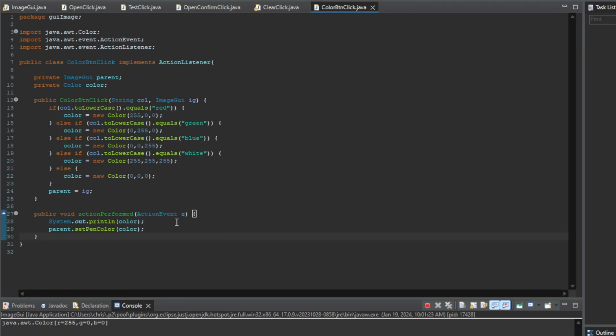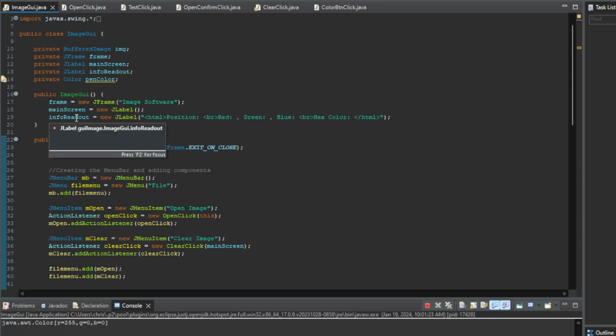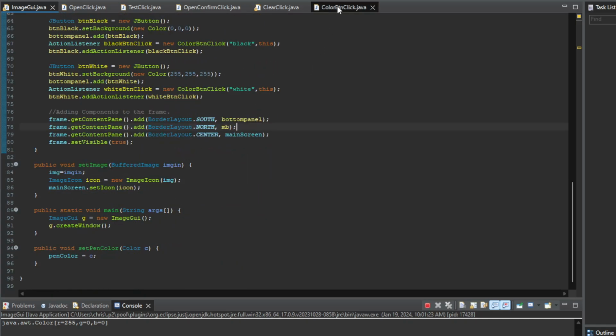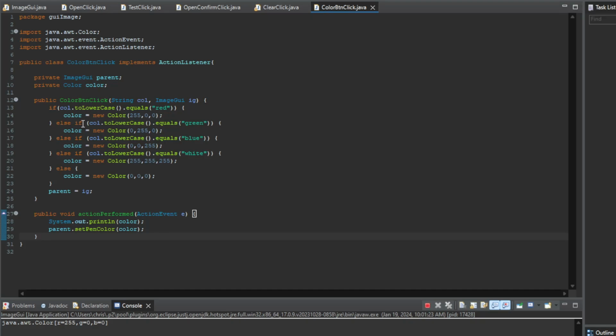It's possible in C++ to create something called a pointer to a function, which is almost related to interfaces in a way. But it allows you to basically get a method from another class. And then using that, you can directly access that method. So what I was wanting to do was take 10 or 15 minutes to figure out if that's possible in Java, and then just pass this set pen color into color button click. That's why the entire object isn't an attribute of color button click. Only the method that it needs would be, which would be a neater way to do it,